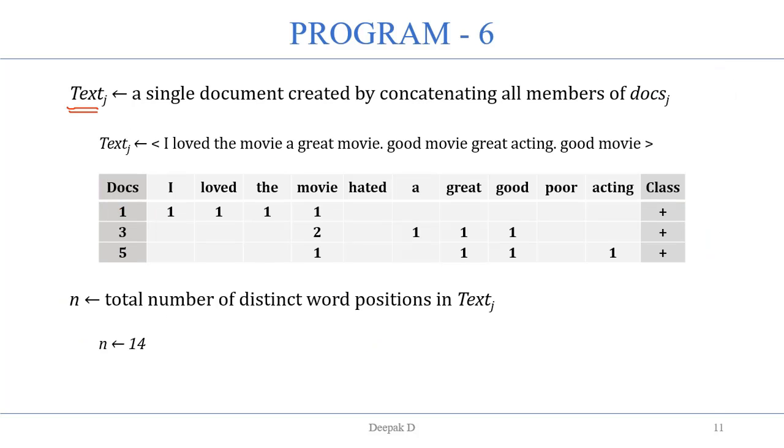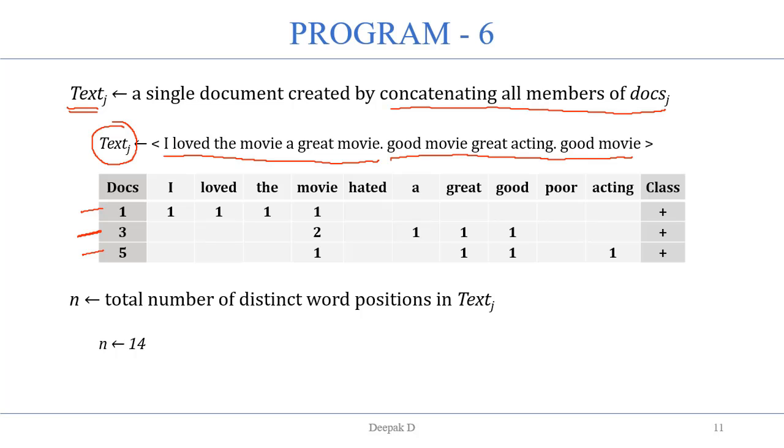So the next step is how you are going to create a single document that consists of all the members of your documents. Text J is nothing but a document which consists of all the words from the positive class documents. Here you can see documents 1, 3 and 5 are your positive documents. You identify them, and they are converted here in the form of text J. What does text J consist of? All the words